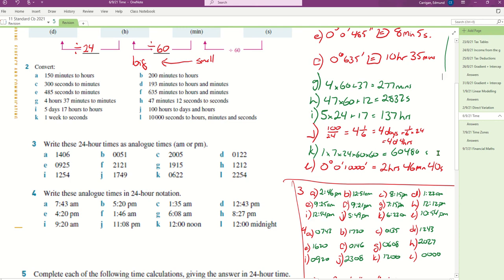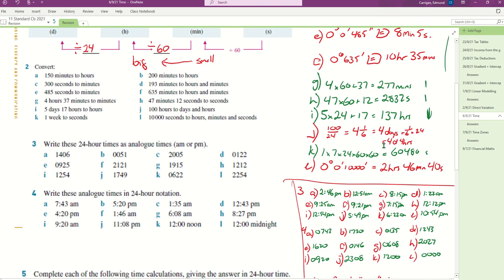Now when you get down to G, H and I, and you're going the other way, we just multiply and add. If we have 4 hours and 37 minutes, we have 4 lots of 60 minutes, and then an extra 37, so we can just add them like this. The same for 47 minutes and 12 seconds: I've got 47 lots of 60 seconds plus 12 more seconds. 5 days, 17 hours: 5 lots of 24 hours plus 17 more hours. And then finally,